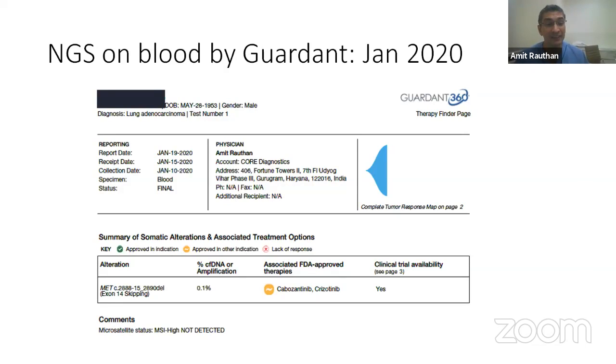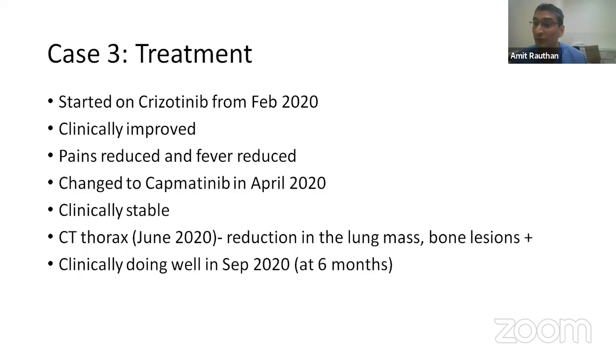So this patient, once we saw a MET exon skip, we started this patient on crizotinib. We stopped the immuno, we stopped the chemo. He clinically got better in 2 months. Pain reduced, fever reduced. And in April, we got capmatinib, it got approved, and we had that for a